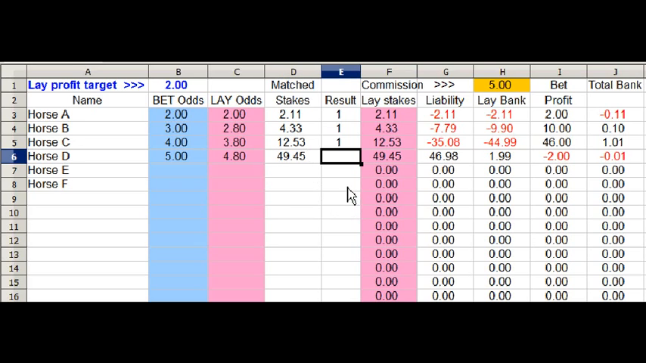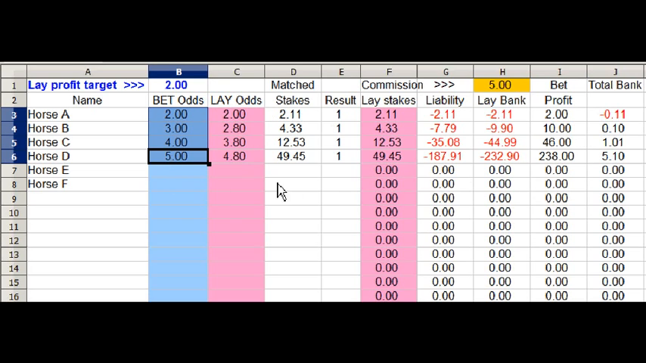Put that in there once that gets matched. And if that loses, we win our £2 back, £1.99, and lose our £2 with the bookie. If it wins, put a 1 in there. We've lost £232.90 with our lays, but we've won £238 with our bookie. And if that's the end of it, if it's just a 4-timer that we're doing with the bookie, we'll then qualify